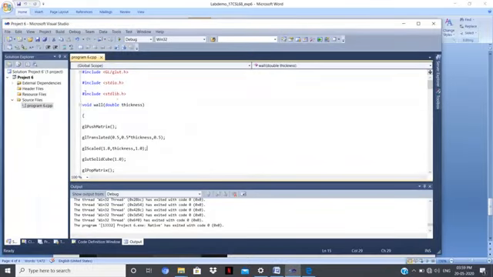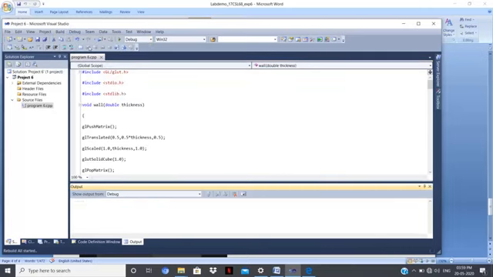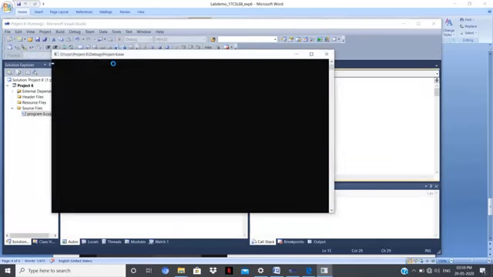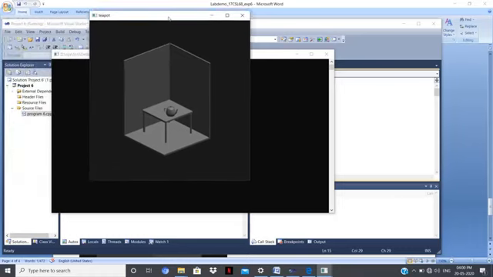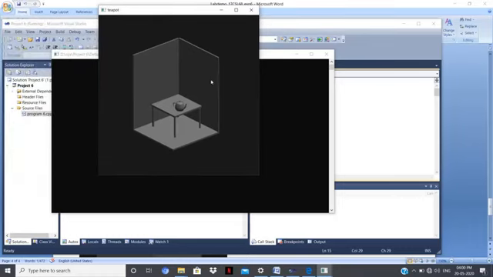Here I have already pasted the program, program number 6 basically. Just rebuild it. Here you find that build succeeded, compilation is done successfully. Just run it, there are no errors. Here you will find the output of the program. This is the left wall, this is the right wall, this is the floor, and this is the table and teapot.